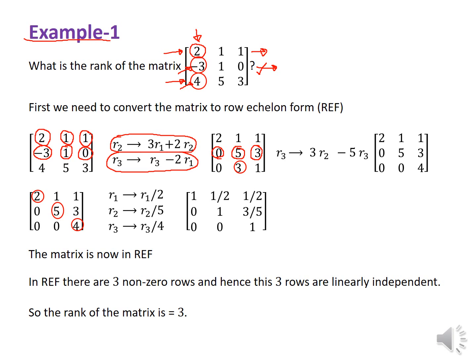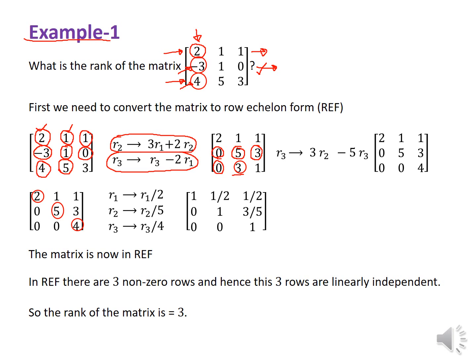So now if we multiply the first element of first row by 2, we will get 4, and if we subtract this 4 from the first element of third row, that means if we subtract 4 from the 4, then we will get 0 as the new first element of third row. Again, if we multiply the second element of first row by 2, then we will get 2, and if we subtract this 2 from the second element of third row, we will get 5 minus 2, which will give 3 as the new second element of third row.